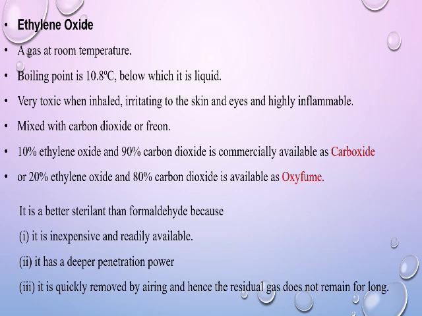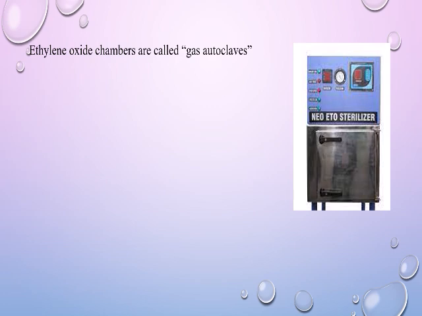Commercially available apparatus for application of ethylene oxide is an autoclave which allows the chamber to be filled with the gas and which has controls for temperature and humidity. For practical purposes, 500 mg of gas per liter is used at about 58 degrees and a relative humidity of 40% for approximately 4 hours. Ethylene oxide chambers are called gas autoclaves, and they have become the chemical counterparts of heat and pressure based autoclaves